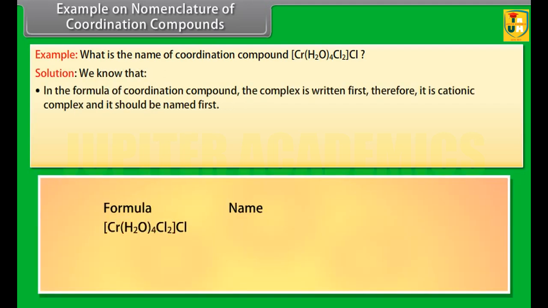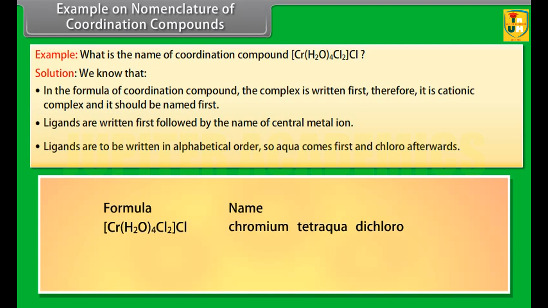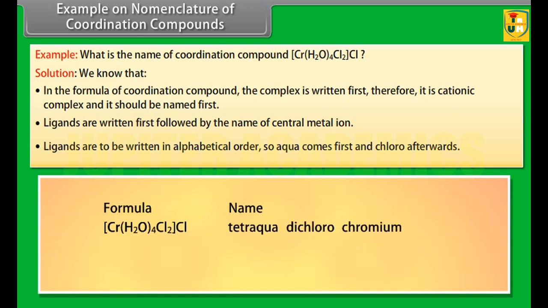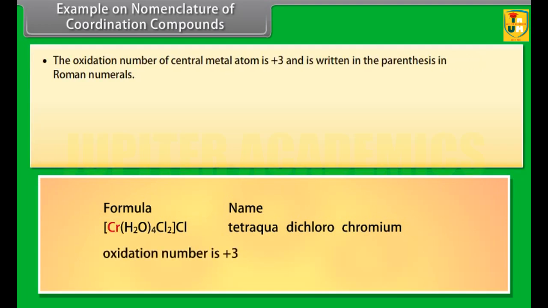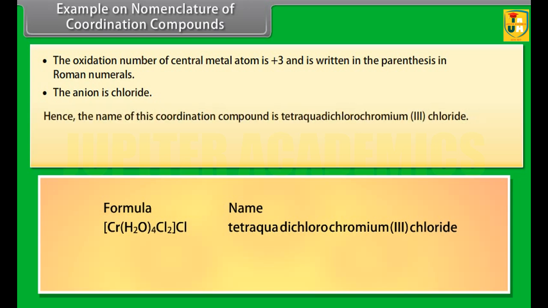In the formula of a coordination compound, the complex is written first, therefore it is a cationic complex and it should be named first. As per the rules, while naming the complex, ligands are written first followed by the name of the central metal ion. Ligands are to be written in alphabetical order, so aqua comes first and chloro afterwards. The oxidation number of the central metal atom is +3 and is written in parentheses in Roman numerals. The anion is chloride. Hence, the name of this coordination compound is